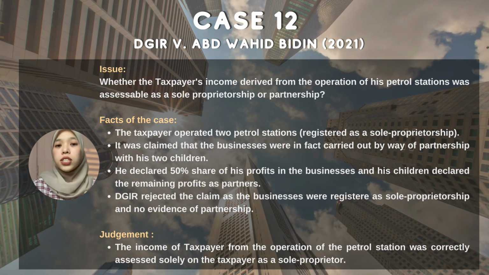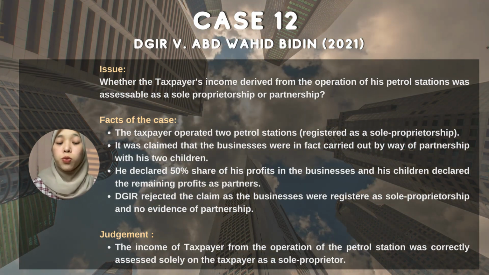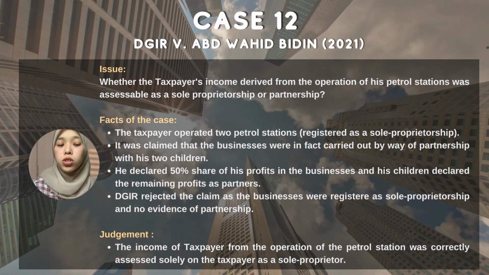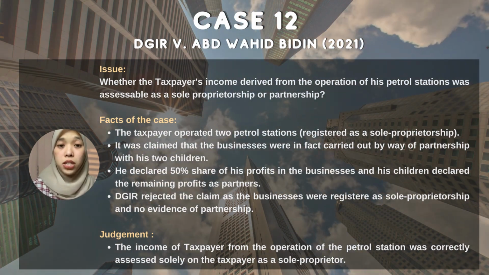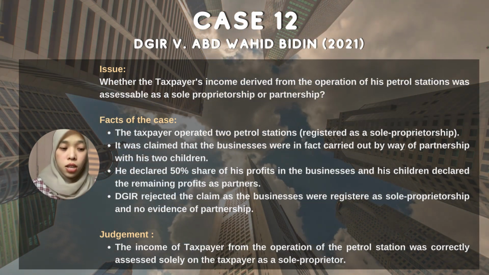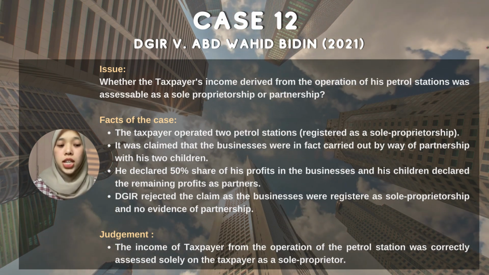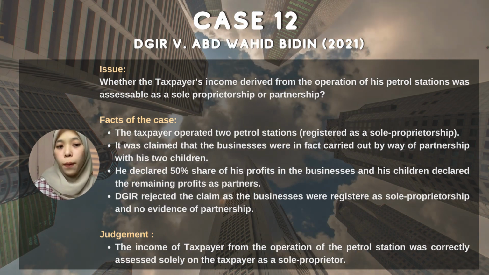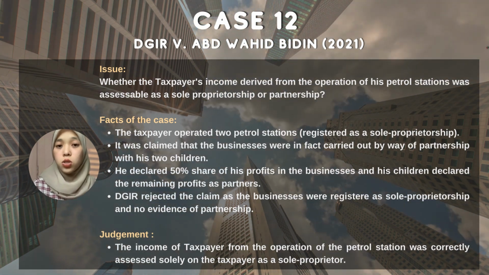So to constitute a partnership, the elements of partnership must be established. Since the taxpayer has failed to prove any participation in the capital by the purported partners or other significant contribution to the purported partnership by the partners, and the written form for partnership, which is Form P, borang nyata perkongsian under the IPA, was not filed, DGIR has no basis to raise assessment on a partnership. It was held that the income of the taxpayer from the operation of the petrol station was correctly assessed solely on the taxpayer as a sole proprietor.